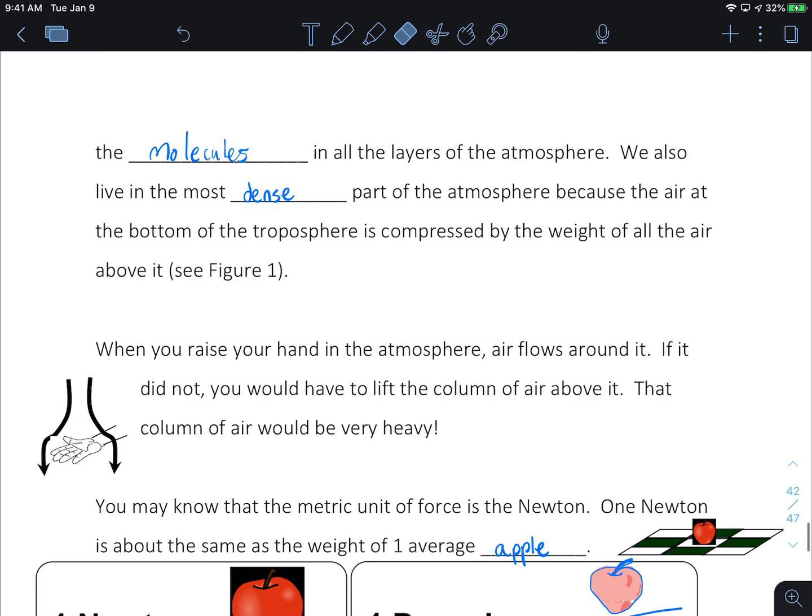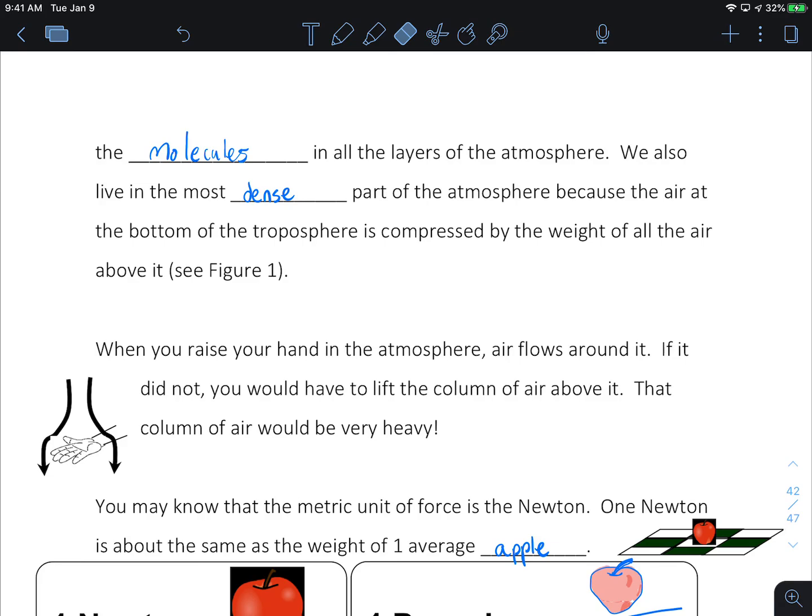When you raise your hand in the atmosphere, air flows around it. If it did not, you would have to lift the column of air above it. So what we're trying to say is that air is a gas. Gases flow and they take the shape of their containers. So when we move our hand through the air, the air moves around our hand. We can't really feel the weight of the air so much, except when we compare it to other situations where